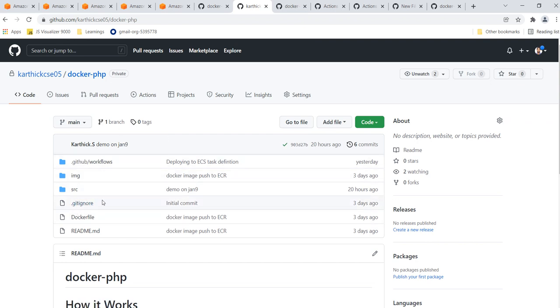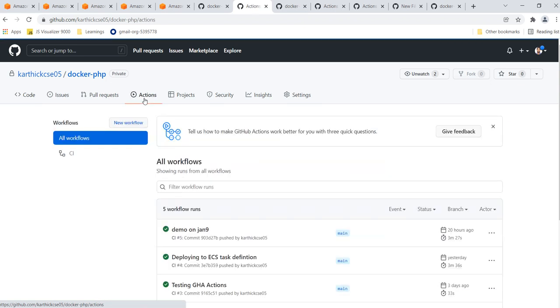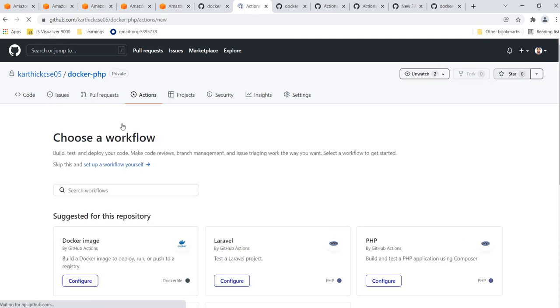Now our aim is to automatically build, test and push that repository to ECR, and then it should update the task definition through the CD tool. So here I have used this continuous deployment tool as a GitHub Action. Here we can make use of GitHub Actions. You can click on new workflow. In this repository I already have this workflow file, but I will let you know how to create this file. Here you can click the new workflow.